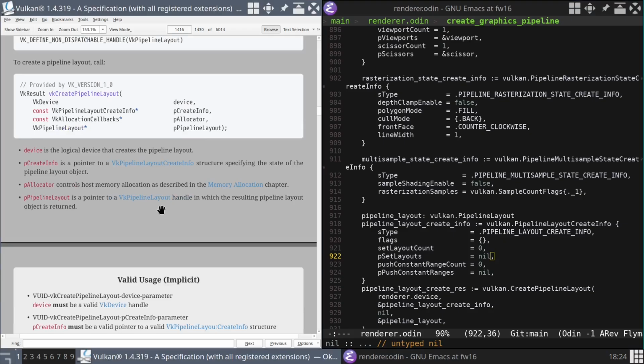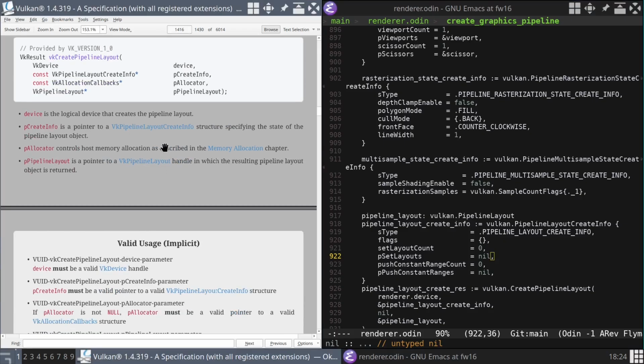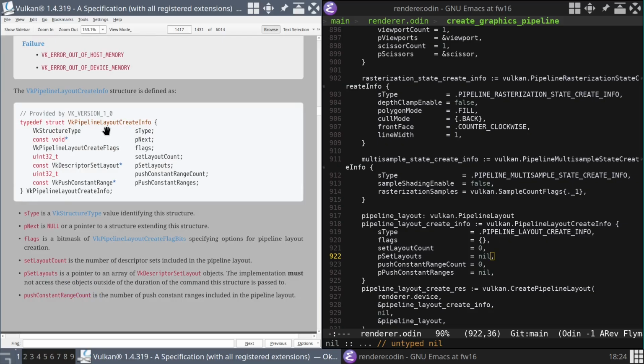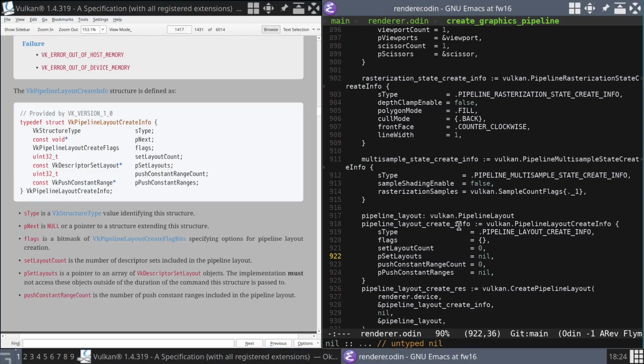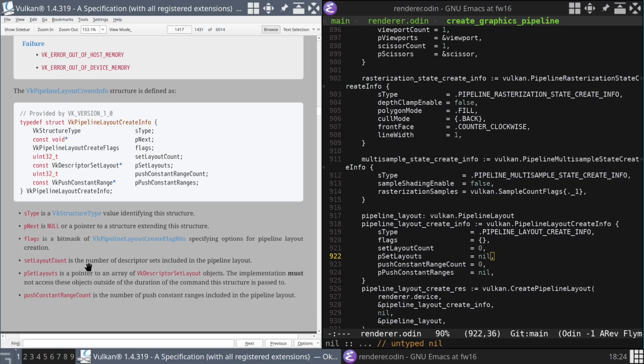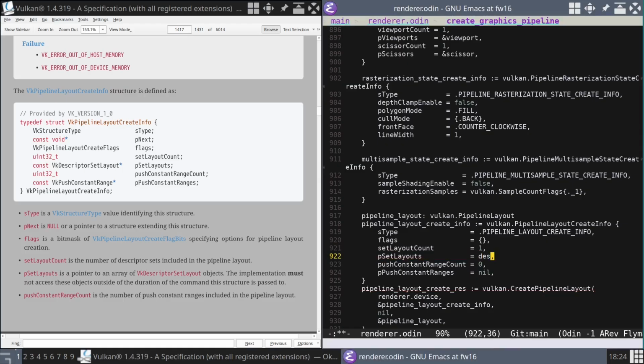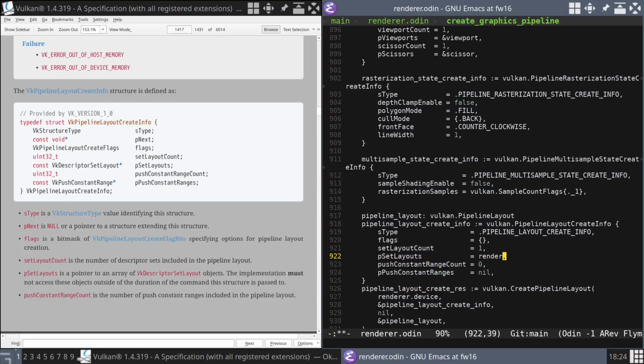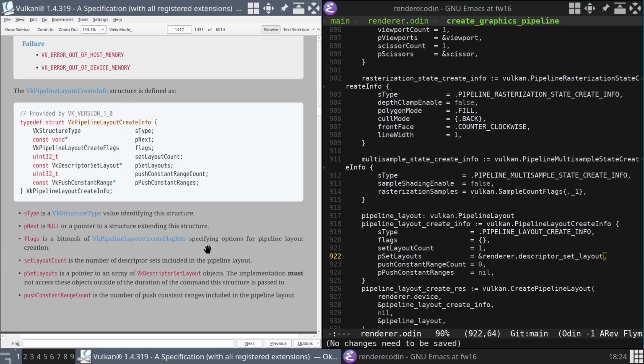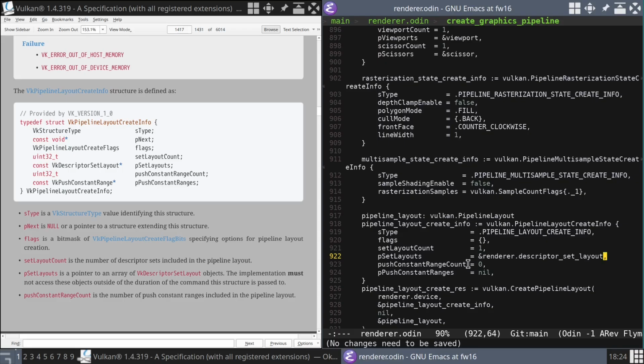To create this, you do that. Create info. Pipeline layout create info is here. Set layout is a number of descriptor sets, including the pipeline layout. So we're going to increase you from that to that. And we're going to have... you a pointer? You are a pointer. Ampersand renderer dot descriptor set layout. So lots of room for that to get more complicated, but